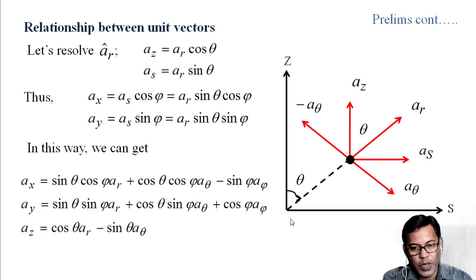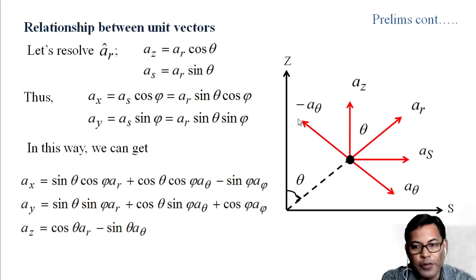So, s and the z on this two-dimensional diagram, we have the r and this is the point P. Here this is the r vector and this point is the P. If this is the point P, then the unit vector a_r will be along this direction, the red line which is representing a_r. Now the unit vector a_theta will be perpendicular to a_r and it will be downwards. So here you see that it is a_theta. Now if it is a_theta, in the opposite direction we have minus a_theta.